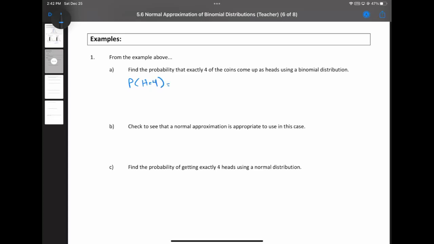Remember, the equation for this is just we have 10 things. We choose which 4 of the 10 trials is going to be successes. And then we have probability of success, which is getting a head. It's just 50% or half to the number of successes, and probability of failure to the number of failures. Okay, so plugging that into the calculator, that's 10 choose 4. And then I could put in 1/2 to the exponent 4 times 1/2 to the exponent 6. That's just 1/2 to the exponent 10. Or I can divide by 2 to the exponent 10. And when I do that, I get out